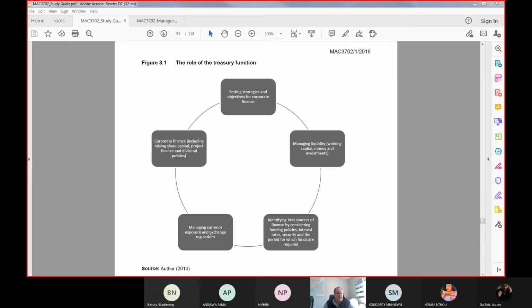Managing currency and exposure of exchange regulations, that is later on in the same chapter. We're going to be talking about what you do with the money, how you measure the money. Is it wise to take a forward exchange rate, or a local transaction on spot? I am strongly in favor of FECs, forward exchange contracts, especially if you are running or living in a country